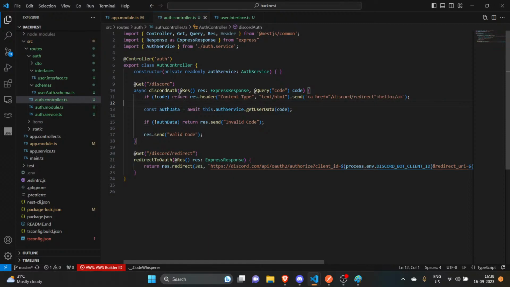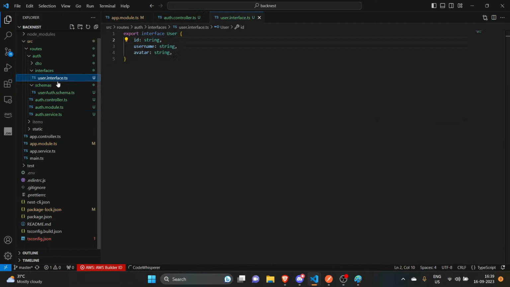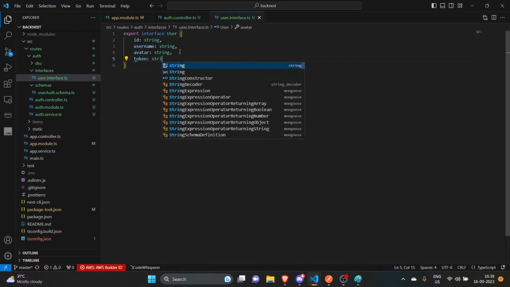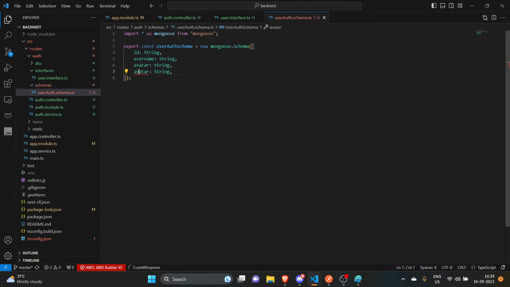Now, let me think. So I am able to get the auth data. What do I do next if I have the user data? Well, one thing is I can save their information locally. But is that reliable? I will say it is not reliable. Of course, I'm so dumb, man. I need to go to... Where do I need to go? I need to save some information. Okay. So let's go to our beautiful... Where do I go, man? I keep forgetting. We have ID, we have username, we have avatar. Let's make a thing called token, right? And then I'll go to the schema and I will make a thing called token